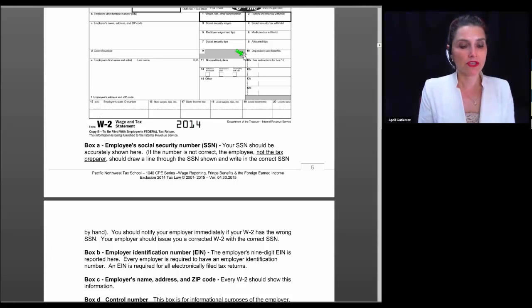Now, the child and dependent care credit is a credit that a taxpayer can claim to help offset some of the costs of child care. And the credit is impacted by the benefits appearing in Box 10. If you have an amount appearing in Box 10, you automatically have to attach 2441 to the client's tax return